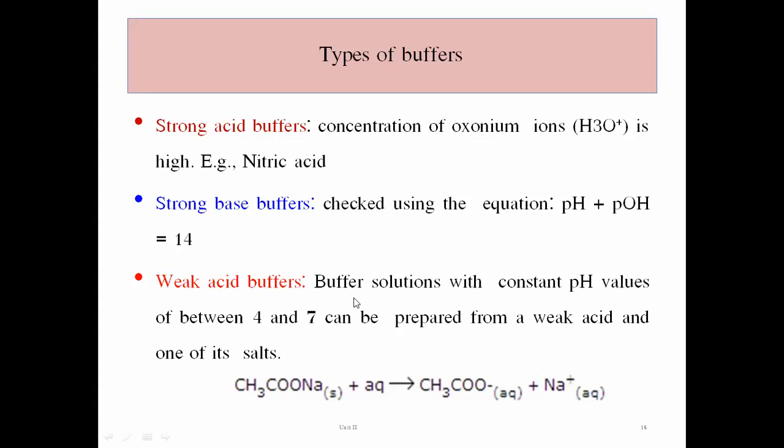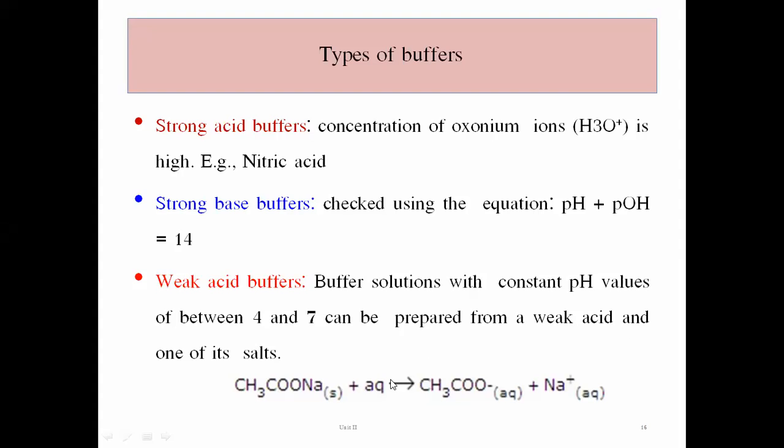Then weak acid buffers, a buffer solution with a constant pH value. Generally this strong acid buffer and strong base buffer, nobody will use from the pharmaceutical importance point of view. For the understanding purpose only they are there. We are going to use which type of buffers? Weak acid buffer. Buffer solution with a constant pH range between 4 to 7 can be prepared from a weak